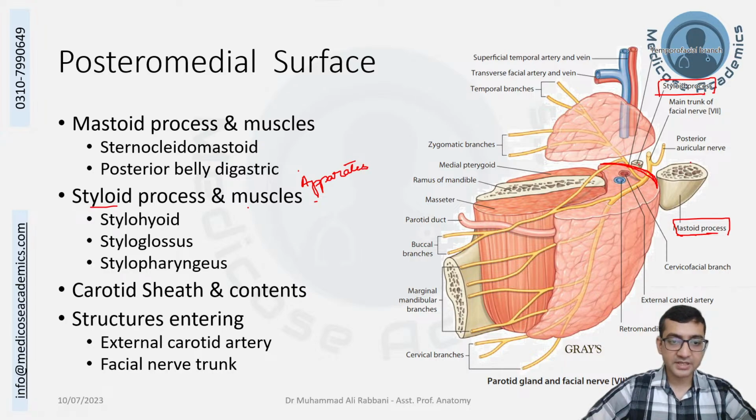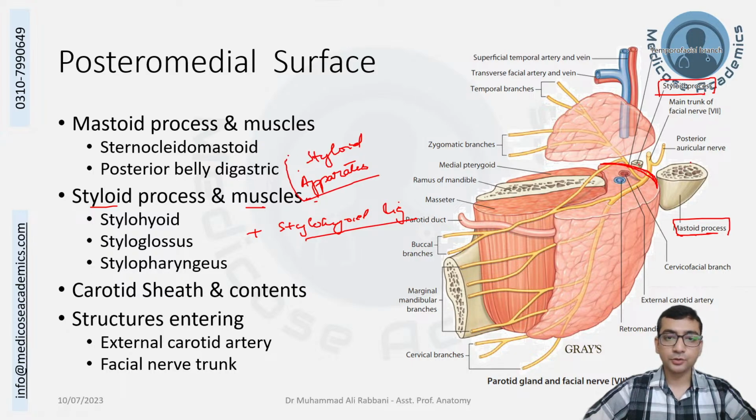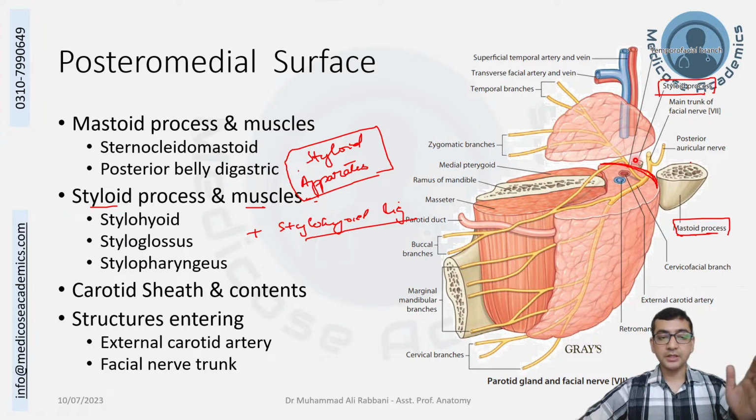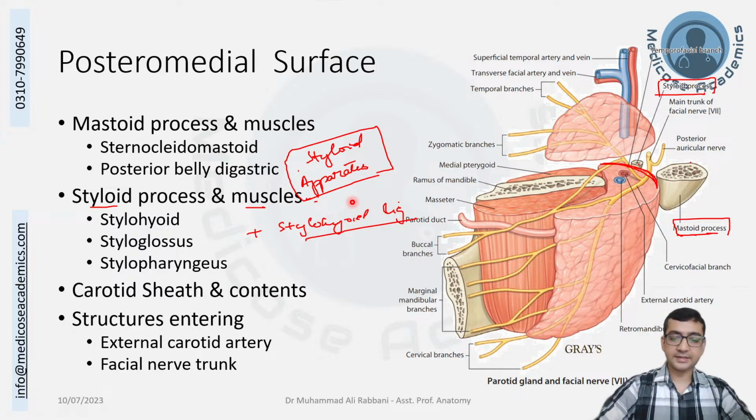That includes the styloid process, the muscles, plus the styloid ligament. So this is the styloid apparatus, related to the posteromedial surface. It will include the styloid process and the attachments of the stylohyoid muscle, styloglossus muscle, stylopharyngeus muscle, and stylohyoid ligament. So this is a long list that we have covered, and then the structure that is left is